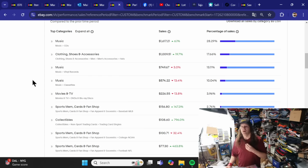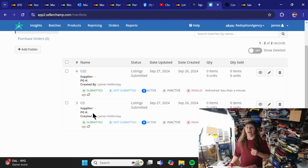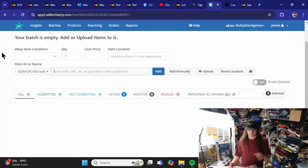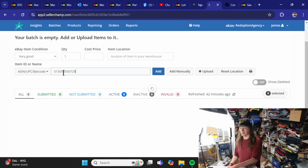So when we jump over and take a look at it right here. So this is SellerChamp. This is the inside of it. I got 2 templates I bounce back and forth between right now with CDs. And I like it, but there's still much room for improvement on this, but it's definitely better than using the eBay drafts. Like you click in here, and you can just set your condition. I just use very good, but you can change these as you go. You scan the barcode,